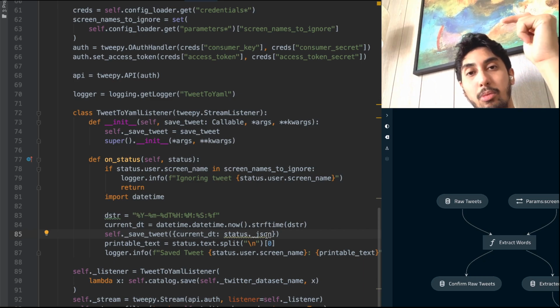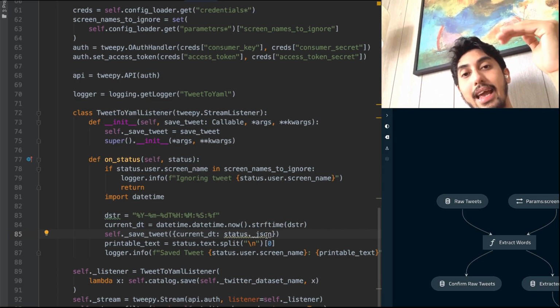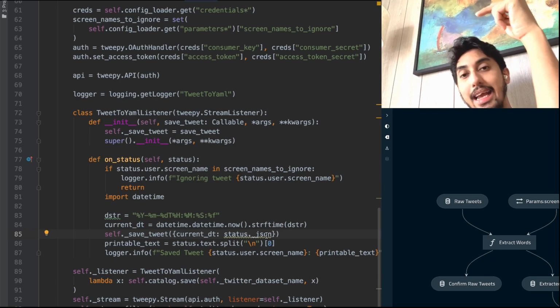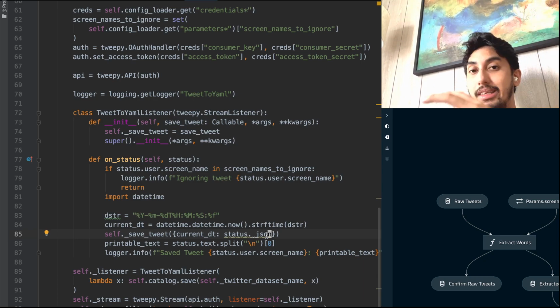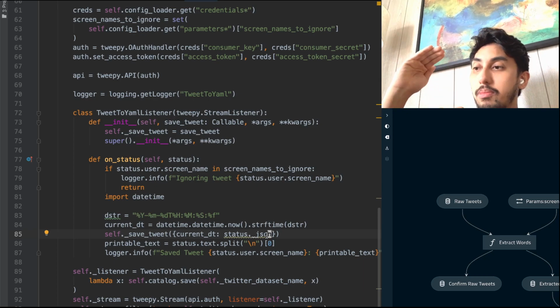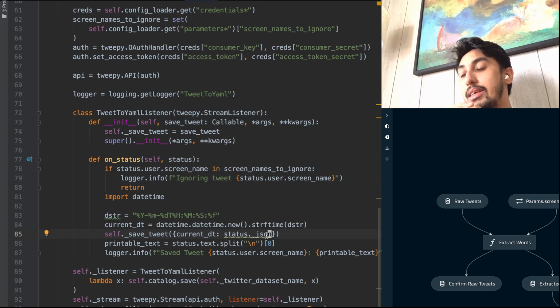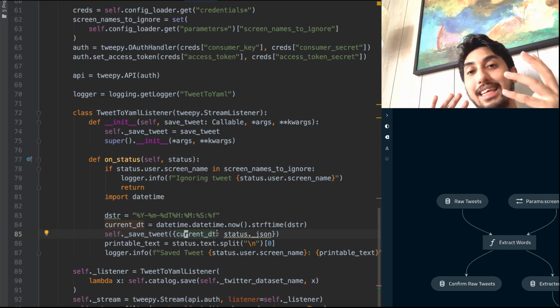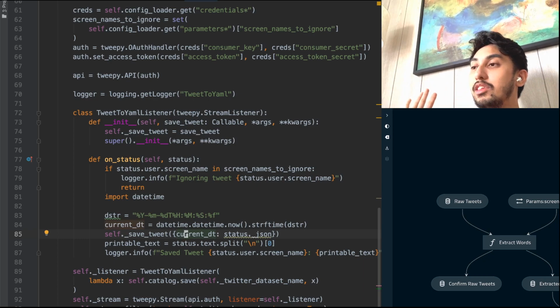And so any checkpoint that is saved says, okay, any keys that are lower than this will be ignored, and any keys that are after this will be pulled in. That's why it's important to use that incremental key. You can watch that incremental data set video, compute your data sets incrementally, for more details. And so here, we're saving the data into the save tweet, which is saving into the raw tweets